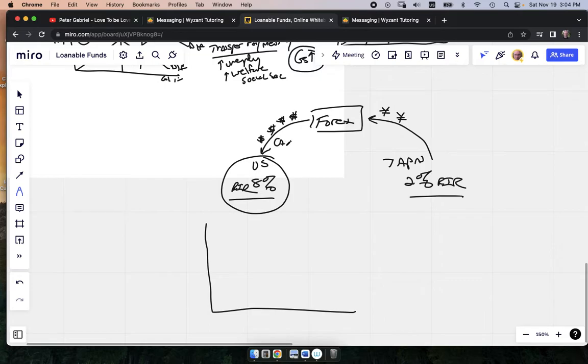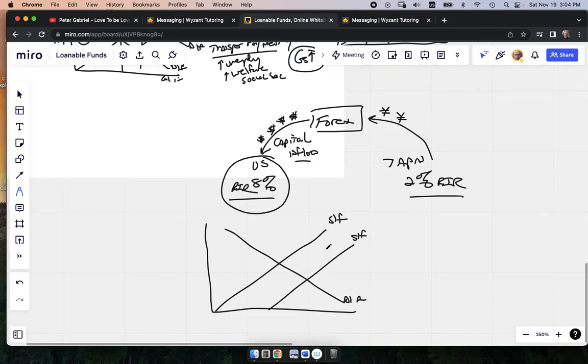This is what we call a capital inflow. Money's flowing in, chasing these higher interest rates. So if money's flowing into the banks, it's got to go somewhere. It's got to go into the banks. We know the supply of loanable funds is increasing, and that is going to lower the real interest rate in the U.S. Now, we've got to make sure we know what we're talking about here. This is in the U.S. So interest rates are going down, IR1, IR2, and money's coming into the country, QLF 1 and 2.